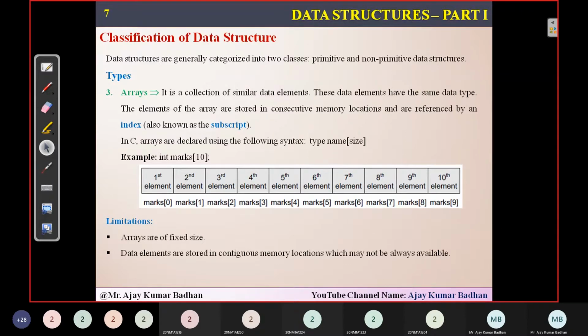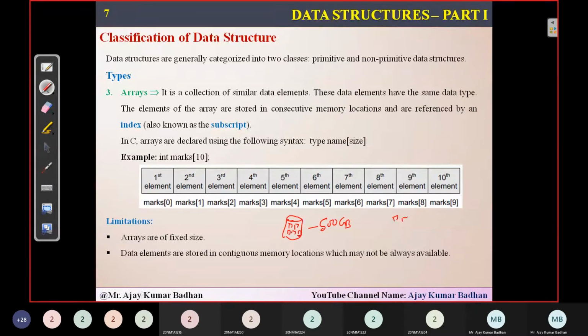Then coming to these data elements, we can say that these are continuous memory allocation. This is what we are exactly discussing. Continuous memory allocation is nothing but, within your computer system you have a hard disk, something like 500 GB or 1 TB, whatever you have. Internally the memory is split up into blocks, and in these blocks the data will be stored. Remember that it will not be stored in a continuous manner.